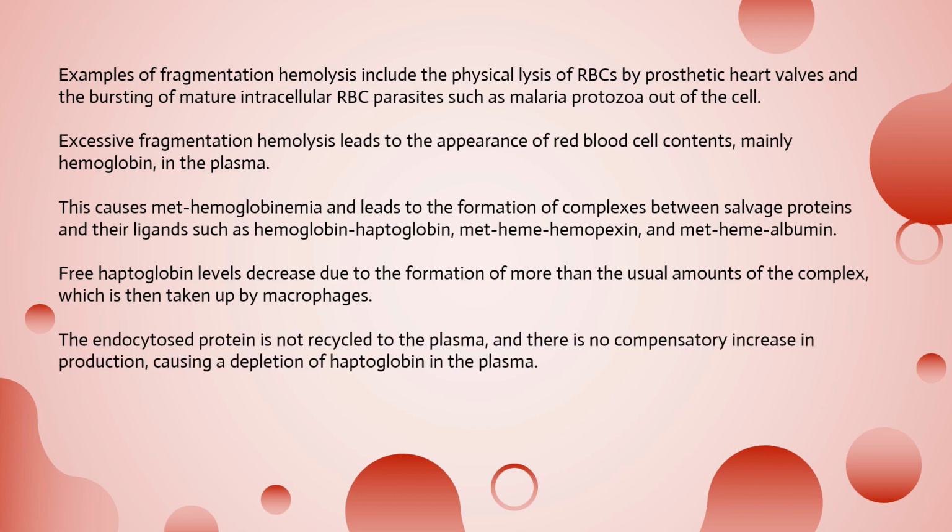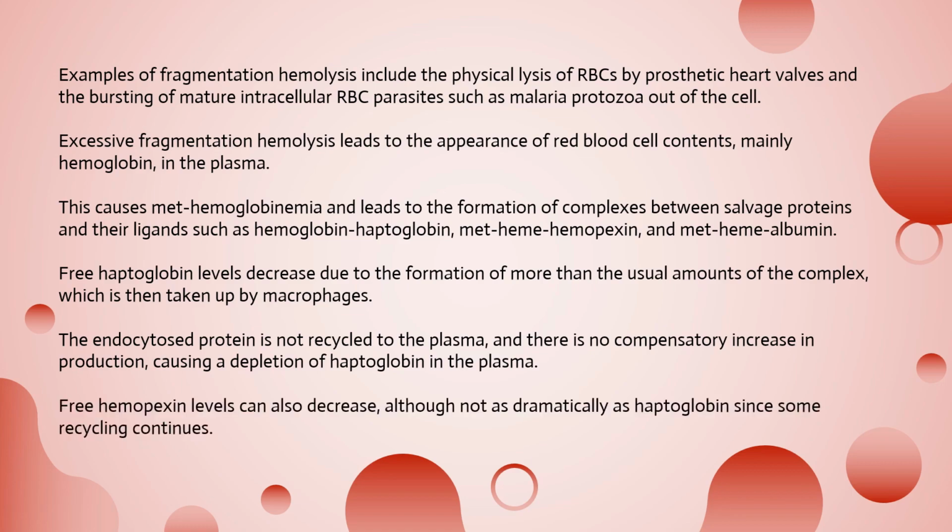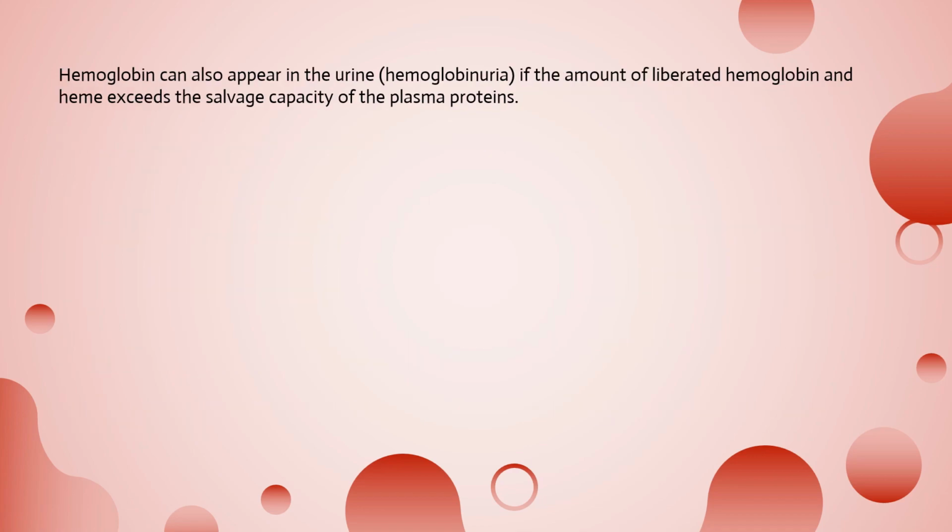The endocytosed protein is not recycled to the plasma, and there is no compensatory increase in production, causing a depletion of haptoglobin in the plasma. Free hemopexin levels can also decrease, although not as dramatically as haptoglobin since some recycling continues. Hemoglobin can also appear in the urine, hemoglobinuria, if the amount of liberated hemoglobin and heme exceeds the salvage capacity